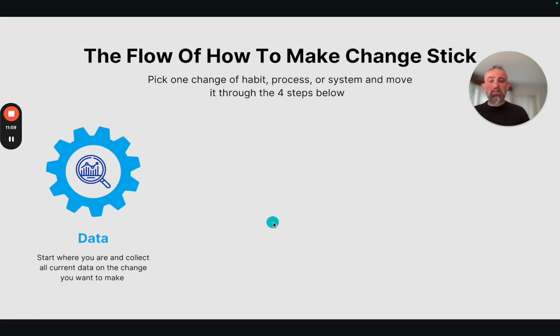Start where you are and collect all current data on the change or the improvement you want to make. What do you want to improve? Know exactly what you're doing with it currently, how many hours you're doing with it, what the process is, everything you need to know about yourself with the thing that you want to improve. It's a very, very simple place to start, but it's missed by a lot of people because most people go